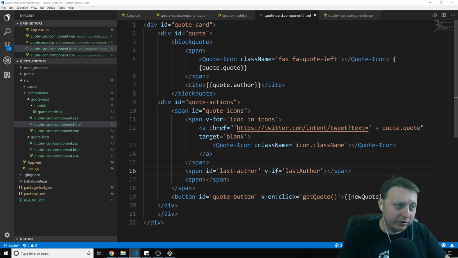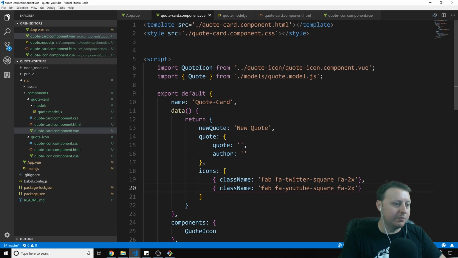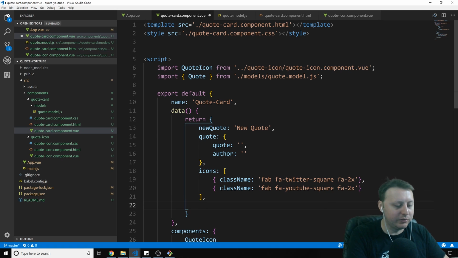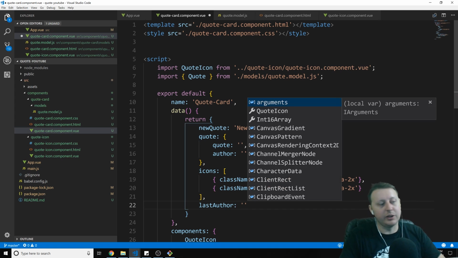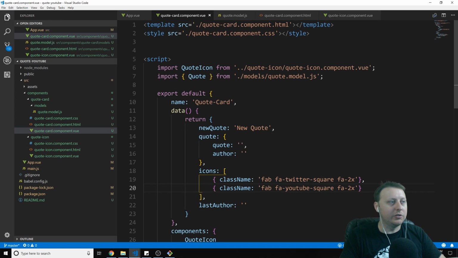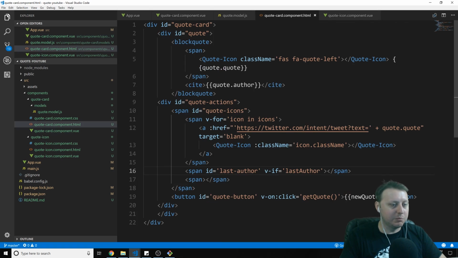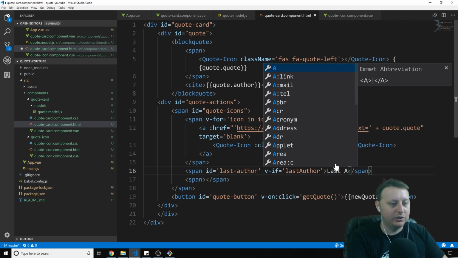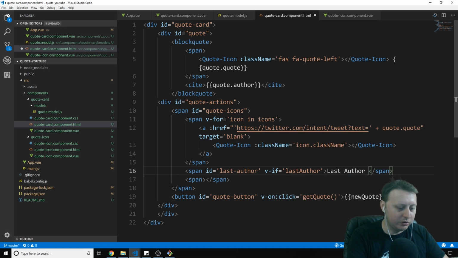So empty strings, if you're not familiar with the falsy values in JavaScript, are a falsy value, which means it's going to evaluate to false. So we're going to have last author, and we're just going to set it to an empty string. So that's why that's not going to show up. And so when we jump into our quote card component like so, we're going to have a last author colon